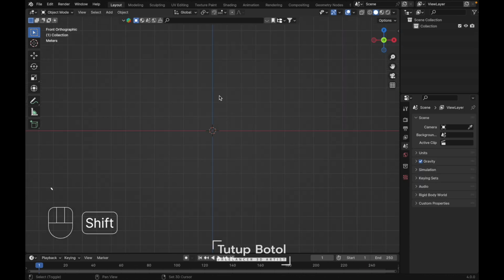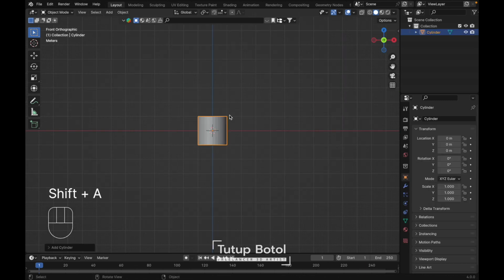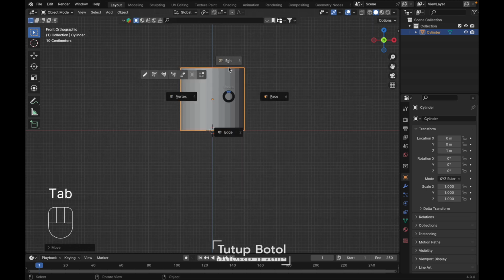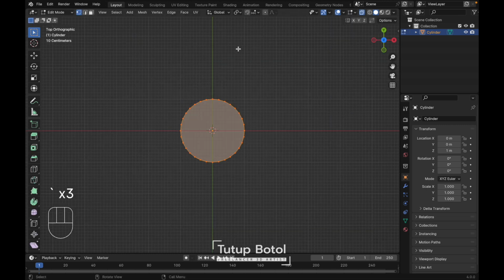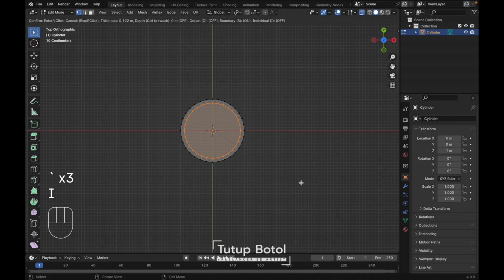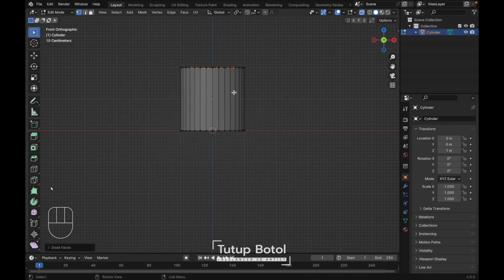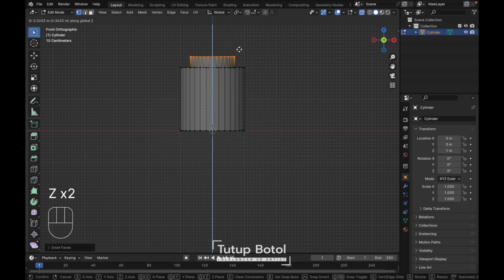delete. Front view, press Shift A, mesh, a cylinder, press G Z, move your cylinder up here, tab to the edit mode, Alt Z to see the X-ray view, select this edge, go to the top view, press I to insert, insert like this, to the front view, press E to extrude, Z, extrude it on the Z axis, just like